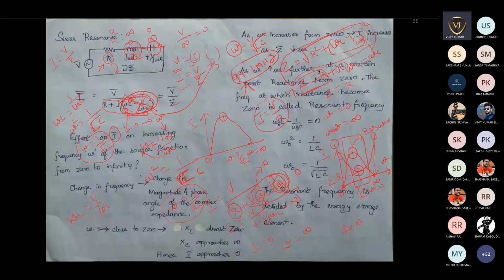Here it is a frequency, you can consider it at that particular frequency. At that time, if this is the maximum current which is available for that particular channel, it will be allowed for that particular channel only. This is based on 1 by root LC. So this is the frequency of your channel, this is the strength of your channel. Even though we are talking in terms of current, you will be getting maximum strength of that particular channel signal only at that particular channel frequency.